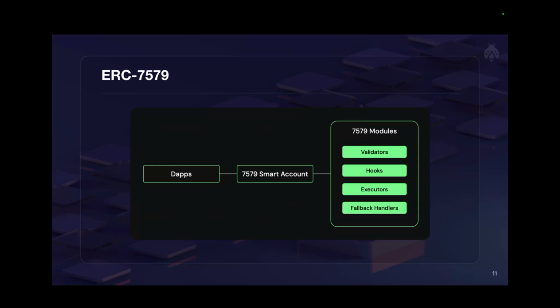Moving on to the next slide. This is a small diagram which depicts how a smart account works. Basically, the 7579 standard gives out four popular types of modules, which are validators, hooks, executors, and fallback handlers. These are the four different types of 7579 modules, wherein validators would have a specific validator interface,